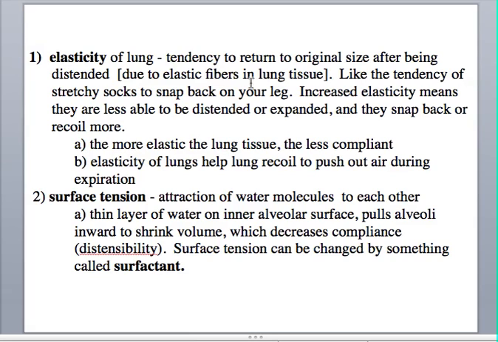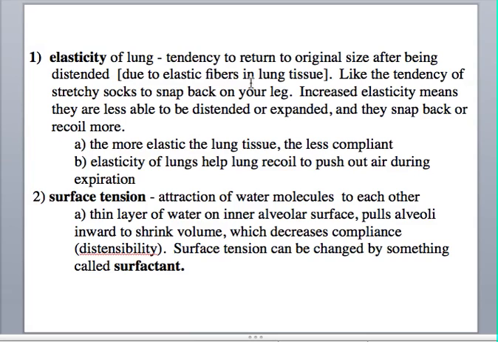So elasticity of the lungs helps the lungs to recoil, to help push the air out during expiration. So elasticity is an important factor of the lungs, and that can be damaged because of smoking, because of emphysema, and lung diseases like that, where the elastic tissue is damaged. If the elastic tissue gets damaged, then it will be less elastic, and therefore the lungs will be more compliant. They'll be much more easily expanded, but they will not be able to snap back to their normal position,